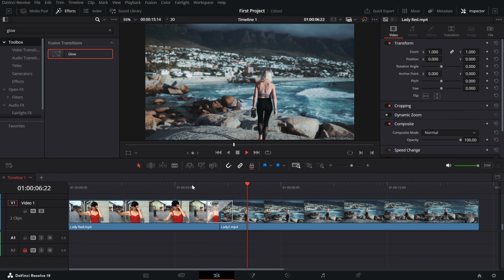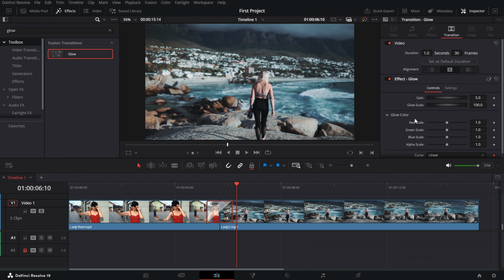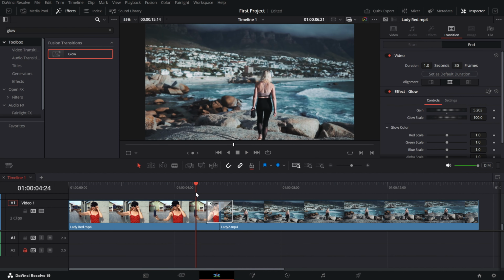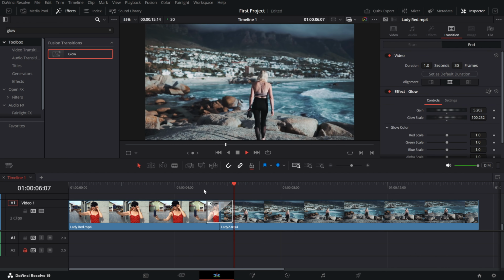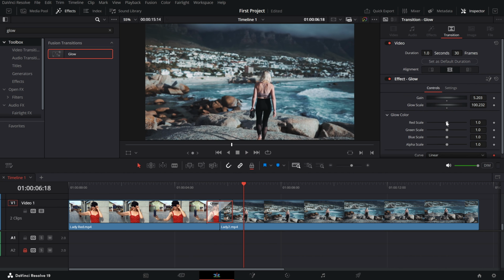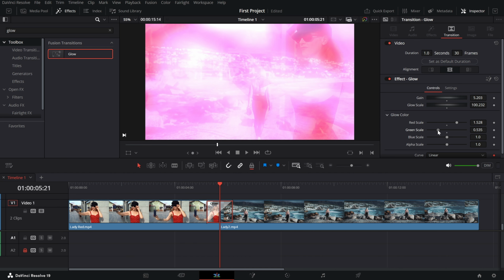To fine tune the effect, click on the transition in the timeline and head to the inspector. Adjust the gain to increase or decrease the brightness of the glow and tweak the glow scale to control how far the glow spreads. If you want to add a creative twist, experiment with the red scale, blue scale, or green scale sliders. These allow you to introduce a subtle tint to the glow, making it warmer, cooler, or more